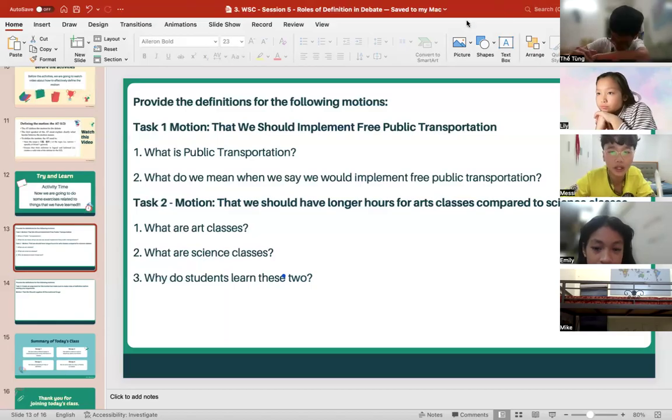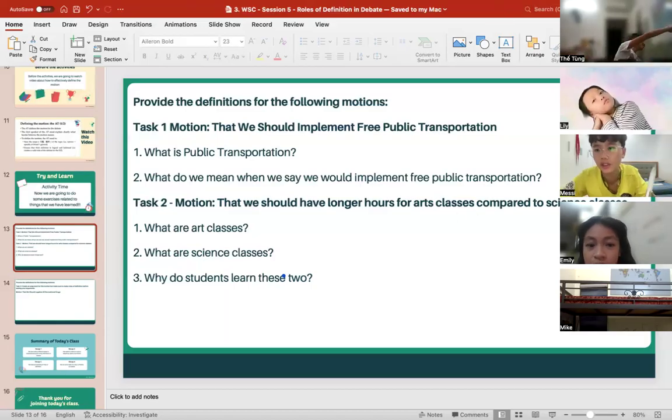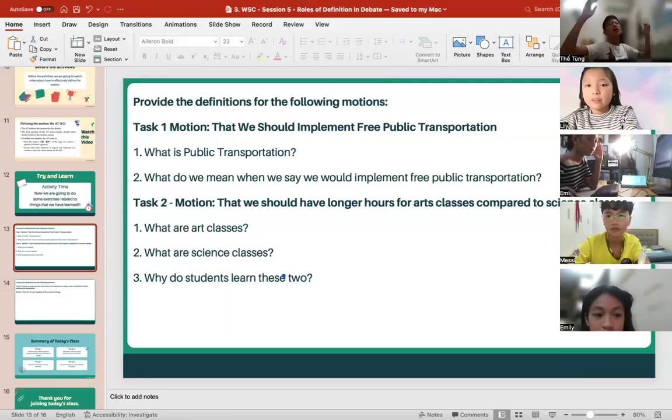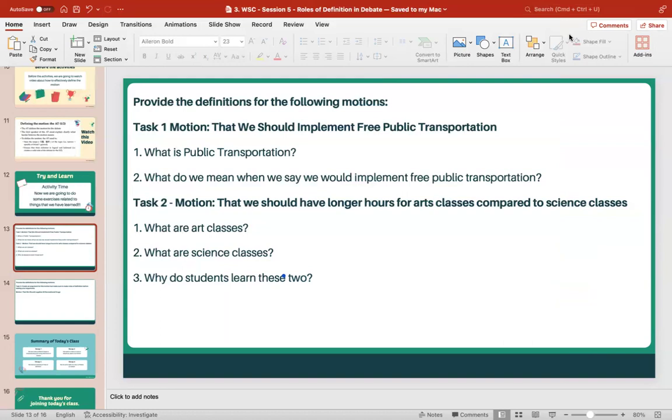Okay, thank you, Emily. Really structured, really good definition. Okay, for task number 2, who wants to do this? Lily. Okay, for question 1,